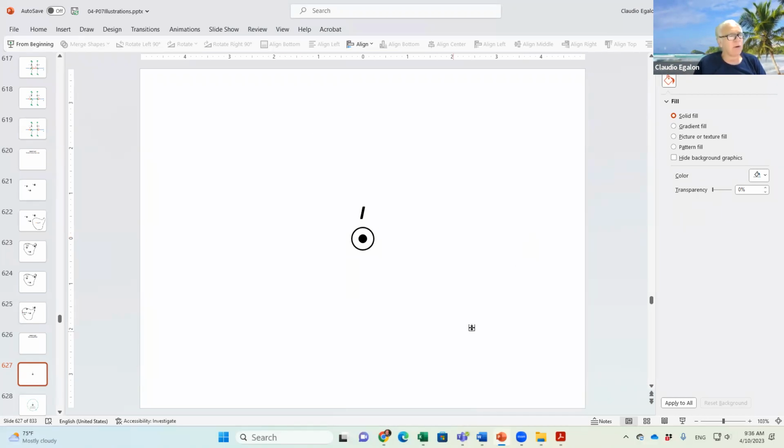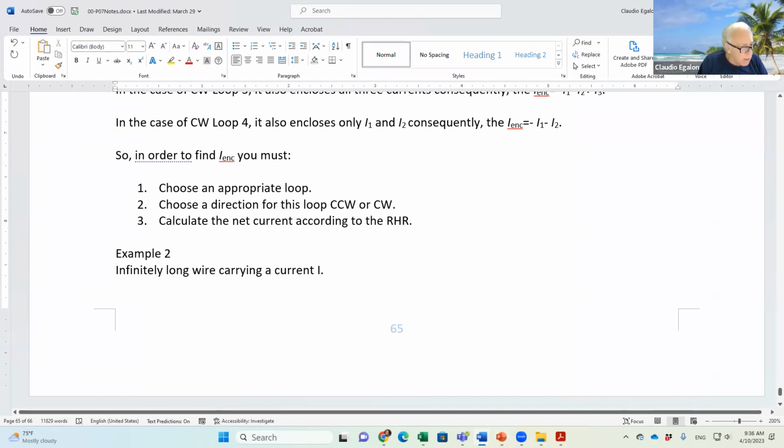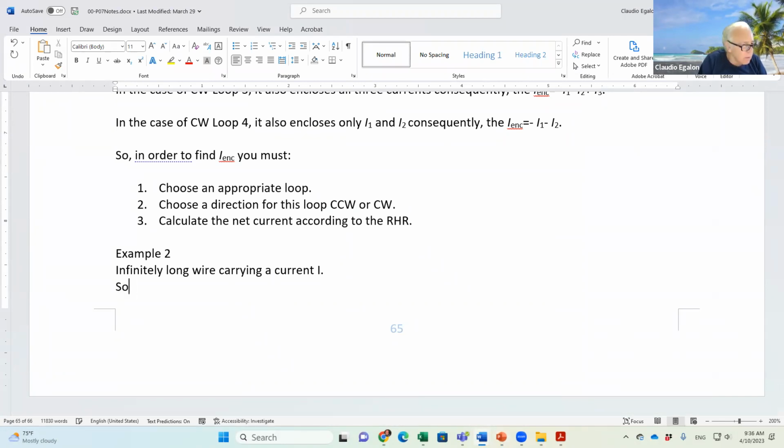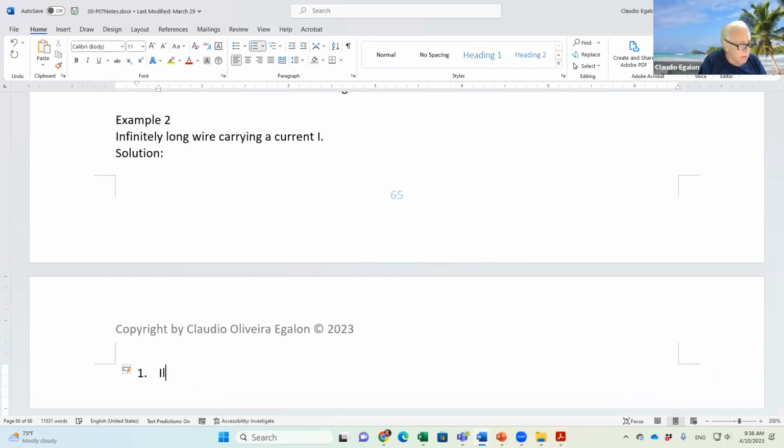First step, illustrate your current flowing in this slide. Solution. One: illustrate your electric current. Two: